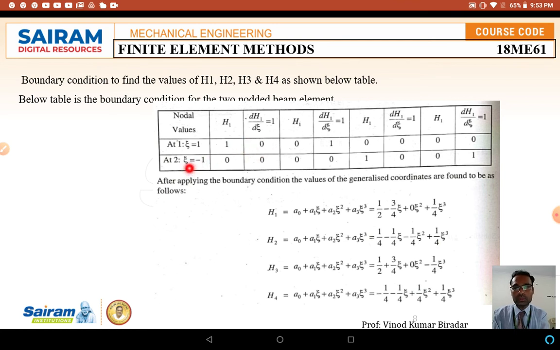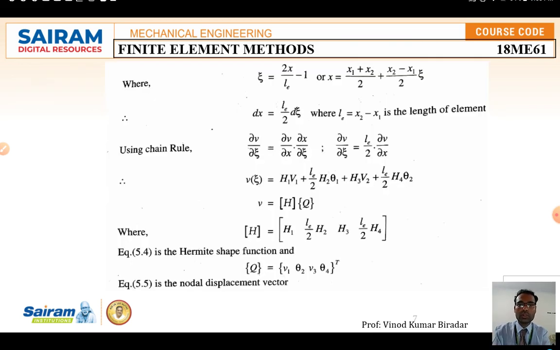At node number 2, the zeta value is 1, so the h1 value and h2 value. Similarly at node number 1, h1 and the differentiation of this, h dash, so 0 and 1, like this. You remember this table. This belongs to node number 1, h1 and the differentiation of this. How to remember this: 1 0 0 0, then 0 0 1 0, again you write here 0 0 0 1, like that you have to remember. After applying the boundary conditions you are going to get these values. This table is very important to solve the numericals, you have to remember this.